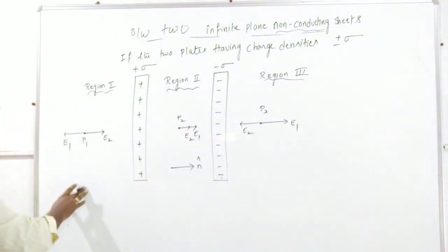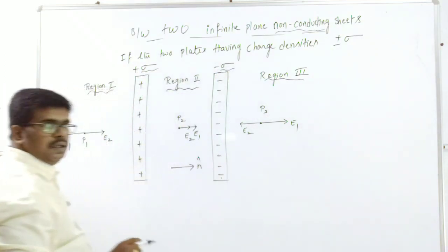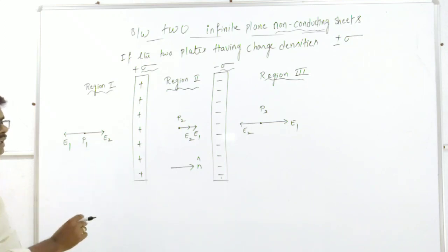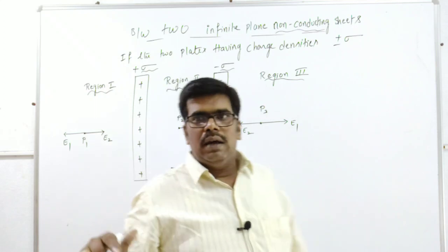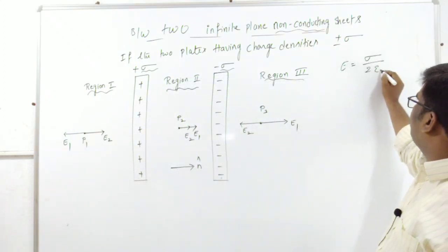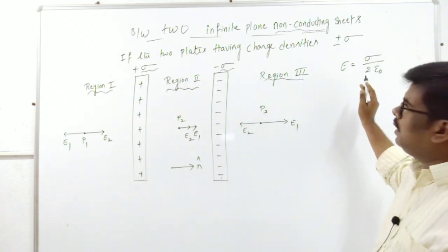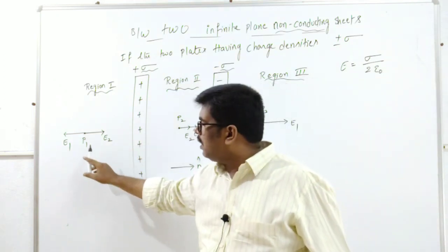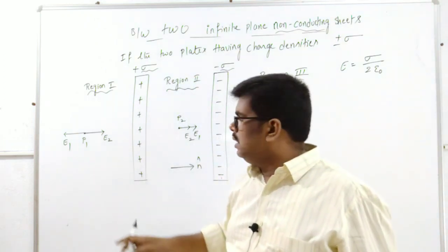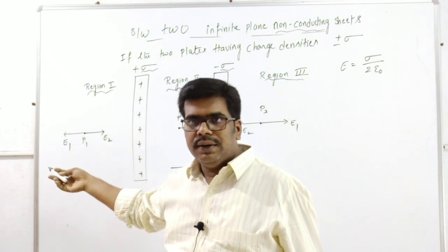Now you can understand that both are having the same charge densities. You observe E1 and E2, both having the same charge densities, and we know the expression for the electric field intensity: E equals sigma by 2 epsilon naught. It is independent of distance. So the charge densities are both the same. If they are opposite to each other, they will be equal in magnitude because we took the same kind of charge densities. So if they are opposite to each other, the net electric field intensity becomes 0.